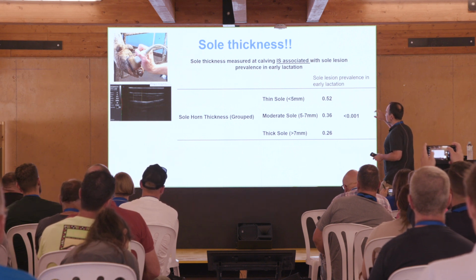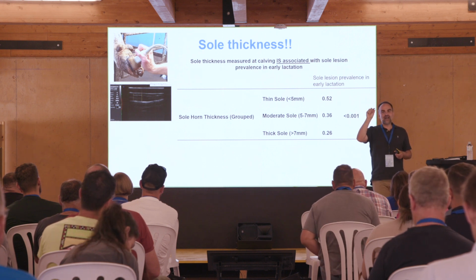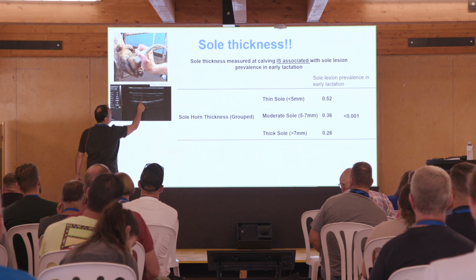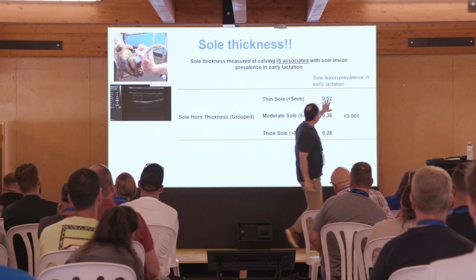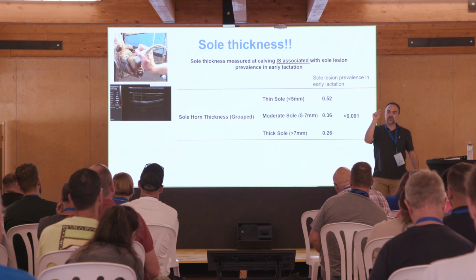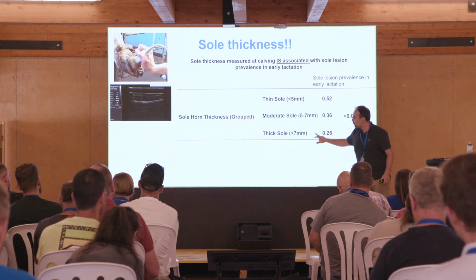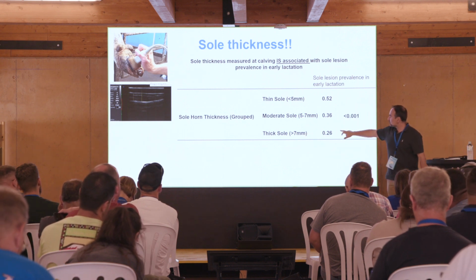And what you can see here, as you would expect probably, a very thin sole below 5 millimeters. And you can see here how we measure that with our scanner. So this is the measurement of the sole thickness, and this is your soft tissue, your fat pad. A very thin sole, 50%, half of the animals that at calving were found with a very thin sole would have a sole lesion in early lactation. When you go to a sole that is more than 7 millimeters, then that drops to 26%,